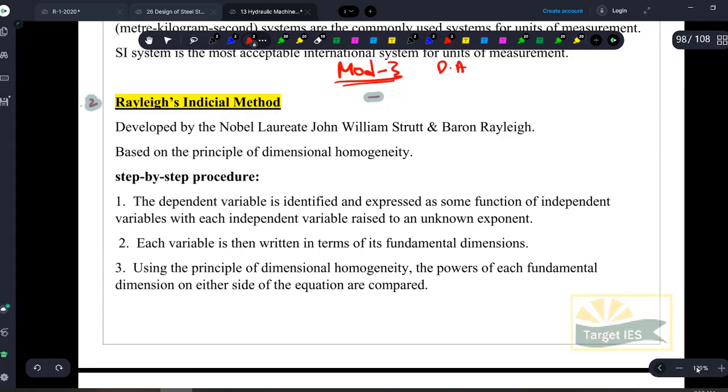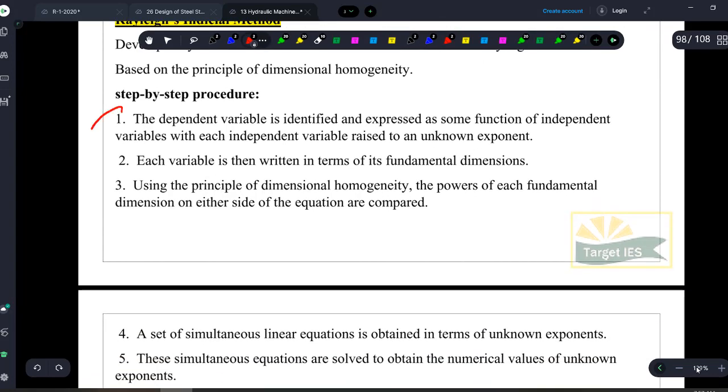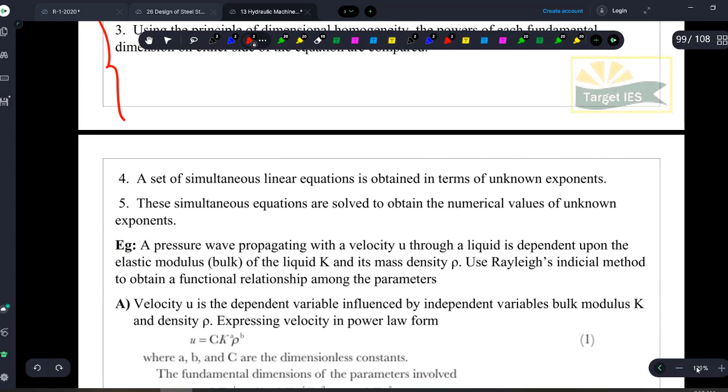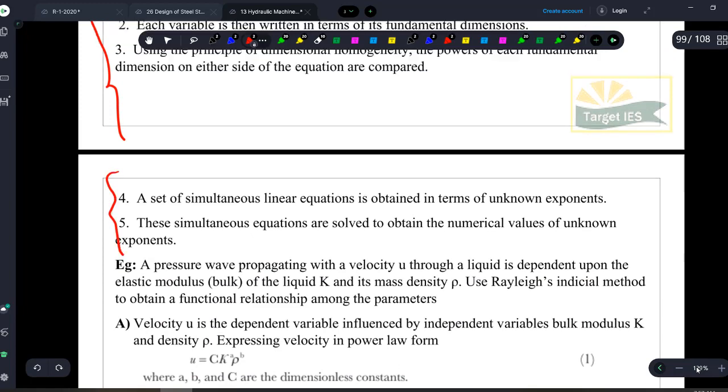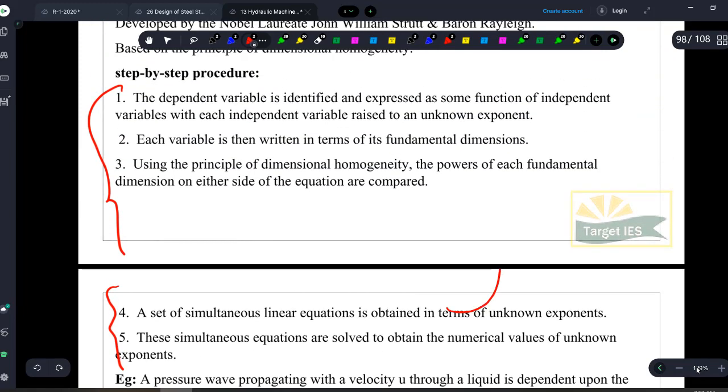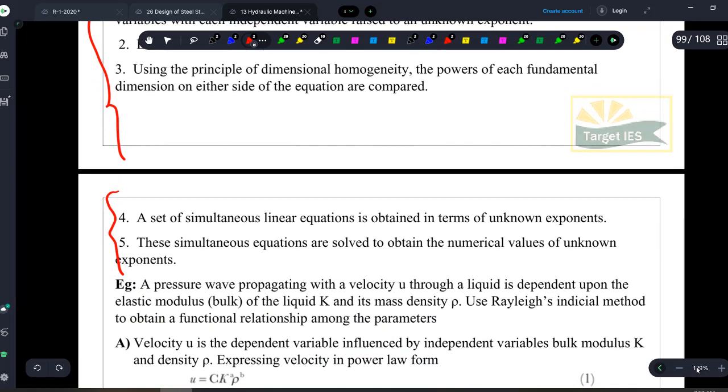See, there is a lot of theory associated with it, but if you read this theory, the maximum you can get is confusion. That's it. So first we will solve a problem and then we will relate that problem with this theory so that you can understand easily. Let us solve a simple problem because dimensional analysis is not a complex subject. It is something which you have been doing from your childhood, right? Match the dimensions on left hand side and right hand side and find out the answer, right? We used to do that, right?